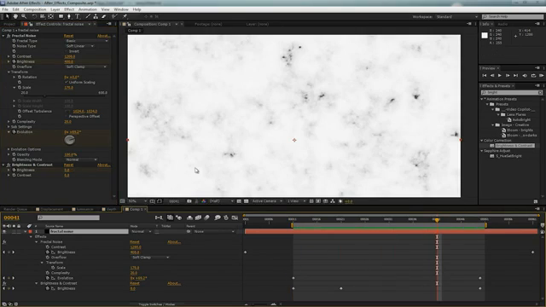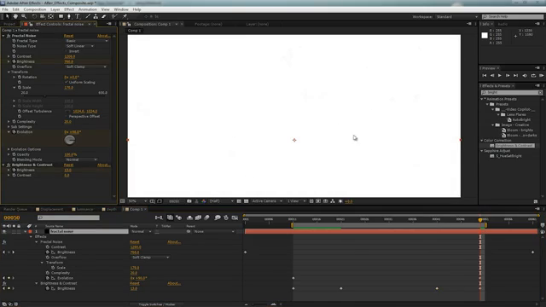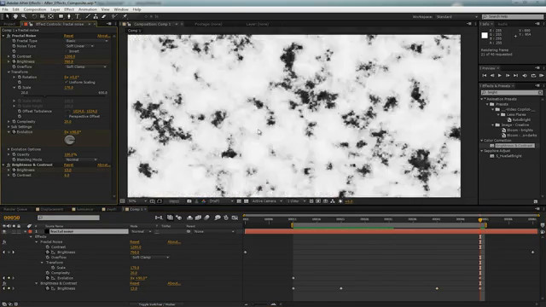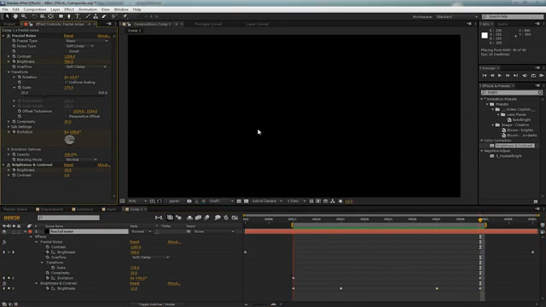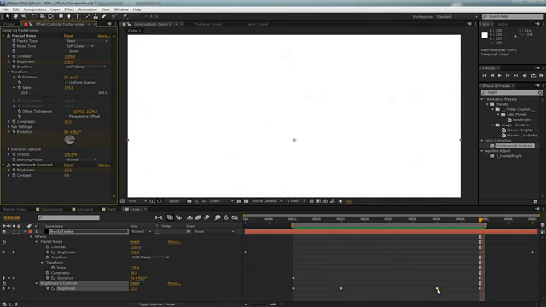And I'll do the same here, maybe 10 frames, and it starts off here and then goes to plus 13 to make this completely white. I might actually increase the duration of these